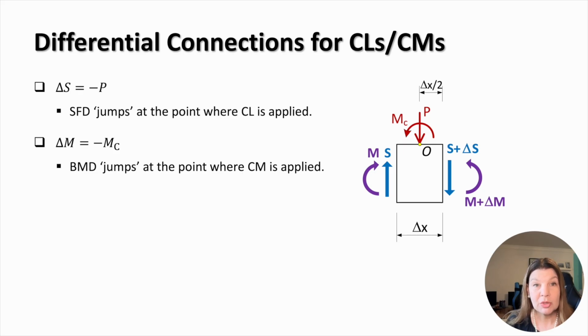The first relationship shows that a concentrated load causes a sudden jump in the shear force diagram. The magnitude of the jump is equal to the applied concentrated load, while the sign depends on the chosen sign convention and the direction of loading. The second relationship shows that a concentrated moment causes a sudden jump in the bending moment diagram. Again, the magnitude of the jump is equal to the applied concentrated moment, and the sign depends on the chosen sign convention. Unlike distributed loading, concentrated actions therefore produce instantaneous changes in the internal force diagrams at the exact point